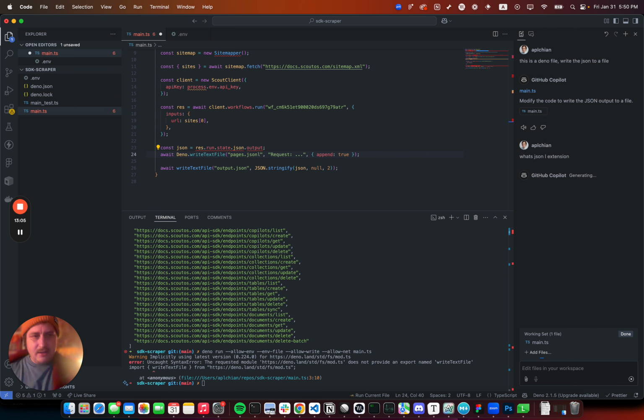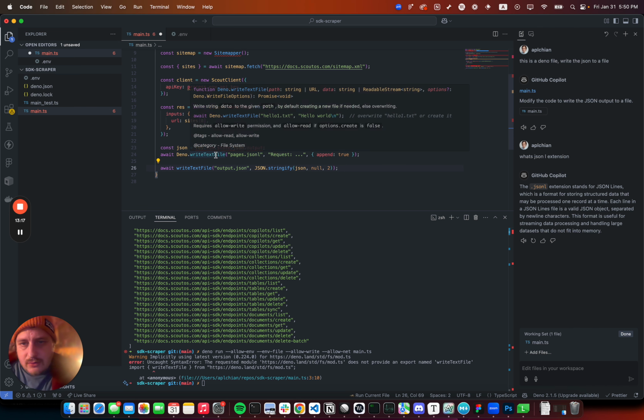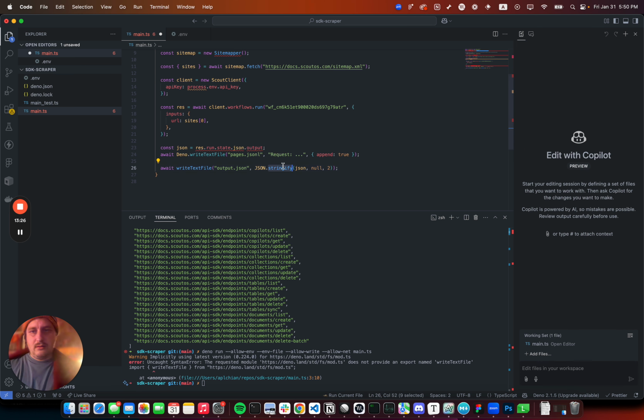It's the JSONL extension. Yeah, JSONL. Okay. So Deno write text file pages.jsonl, and then this will be the JSON. I'm just going to get. So I'm going to say remove blank line